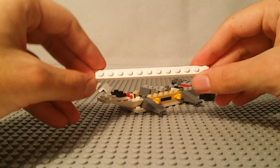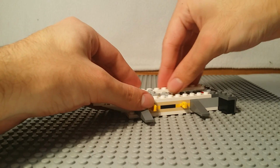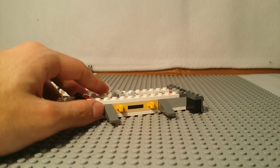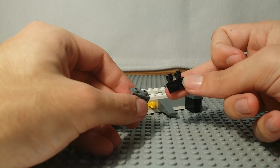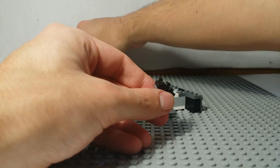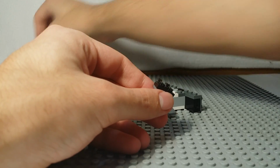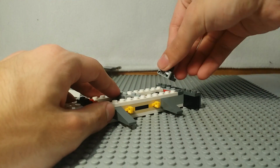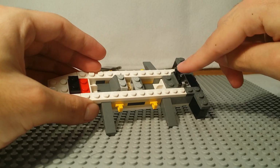Next, to keep everything sturdy, we're going to take 2 1x12 plates and line everything up. So it should easily just match up and cover the entire top side like this. Now we are going to take a 1x2 plate with 2 studs on the front facing upwards, a 1x2 plate with double clip coming out of the side, and a 1x2 tile. Here we go. This one actually has a sticker on it. I believe the other one is, no, it's right. And then we place that right here, wrong, face it the other way actually, so we place that right here,